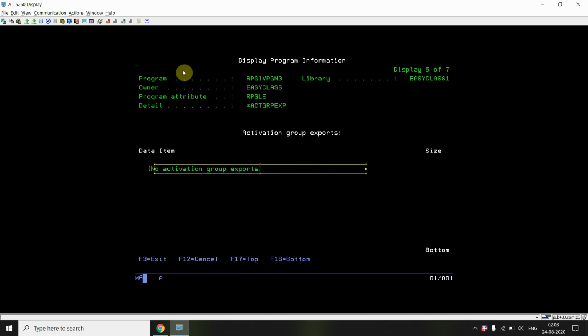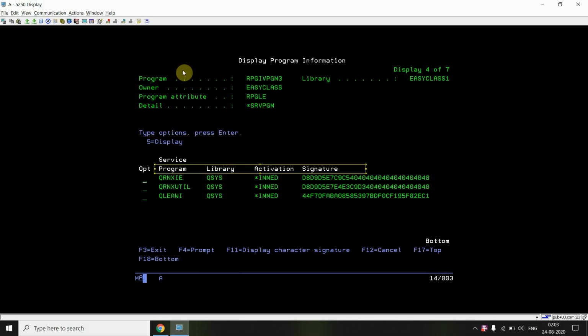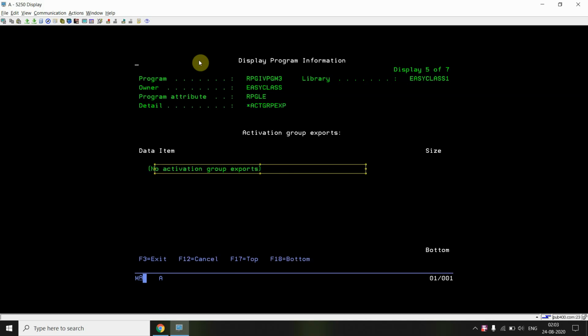Even in these programs we can bind service programs, but there is a separate way of doing that. By specifying the default activation group as *YES, we cannot do this. We cannot use the bound call, and we cannot bind any module or any service program in this program. So this is a simple RPG ILE OPM compatible program.